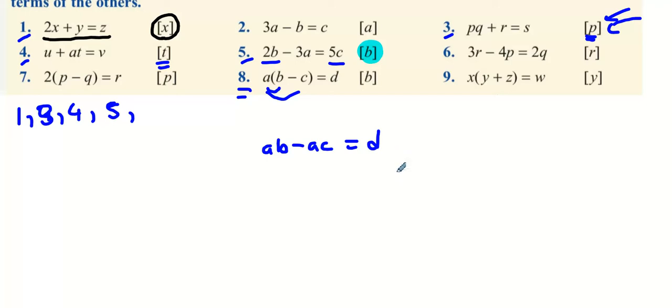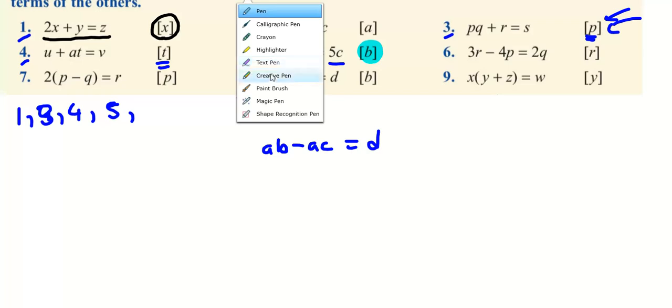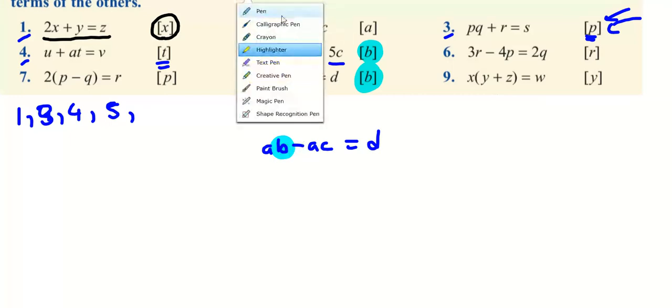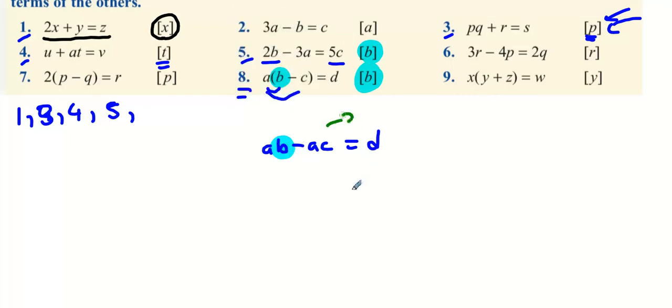So what we can do first, guys, is now we have AB minus AC equals D. Now please remember we're trying to get the B on its own. Once again we can see that we're trying to get the B on its own, which is this B here. Well, if that's the case, we can move the AC over the other side, so we get